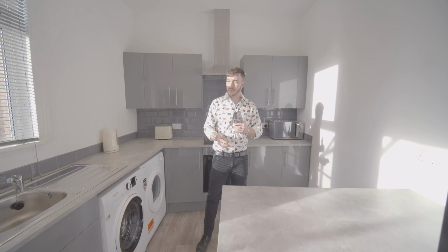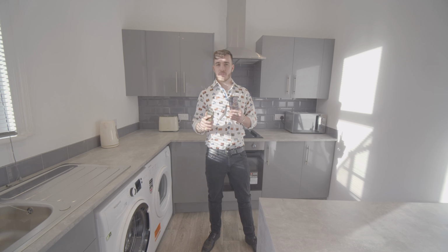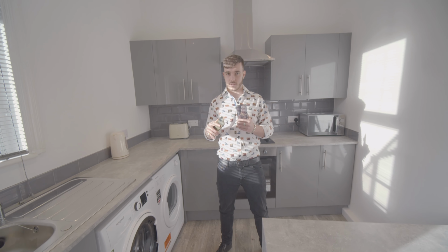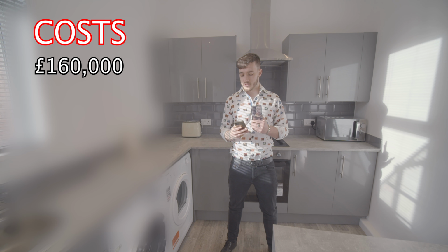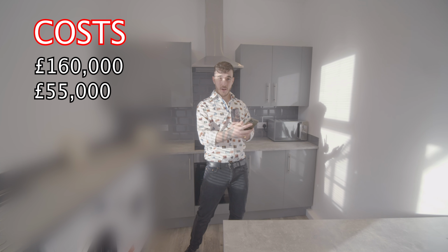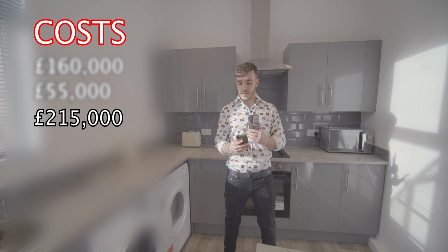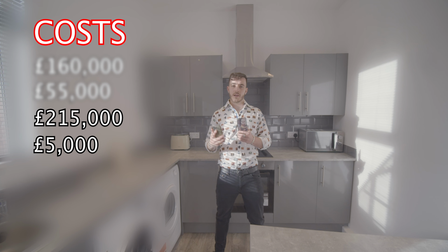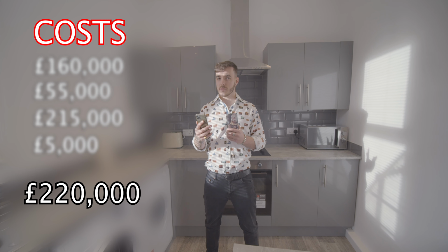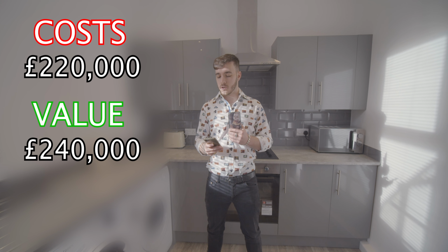It's worth bearing in mind that this still isn't fully let yet and that we still haven't got the finished refinancing numbers, so I'm going to be conservative on the numbers. We bought this for 160 and then we spent 55 on the refurbishment. We had to overspend a little bit on the acoustic insulation and the inspections and things like that, which brings us to 215, and then plus 5 grand for legal solicitors, things like that. So we're at about 220 all in spend, and we've already got a 240 valuation,